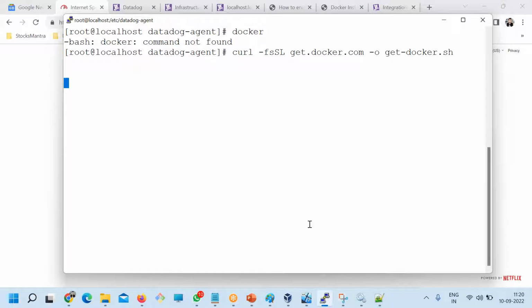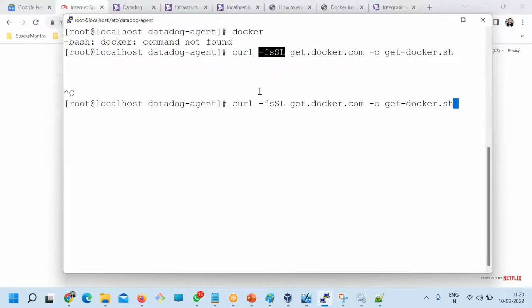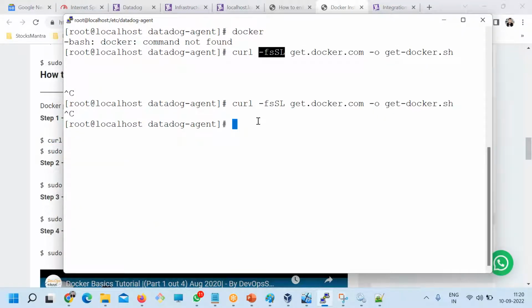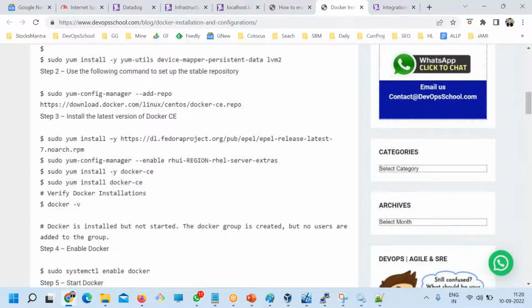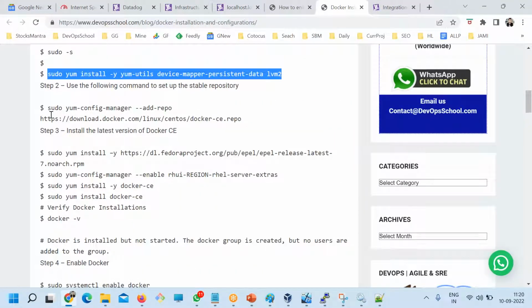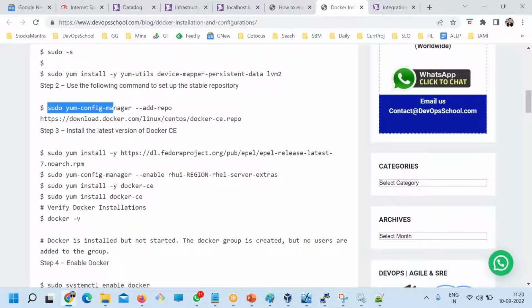Any other questions, guys? Are you trying to download the shell file, script file? I'm trying. Okay, it's trying to run it also. Let me rerun. I don't have patience. Otherwise, I'll do it manually. I use this one because it becomes very simple. But there's some problem, I guess. In Google it's working. Not sure. Okay, let me manually install it. Okay, I got it. I was trying to download at the wrong location, maybe.